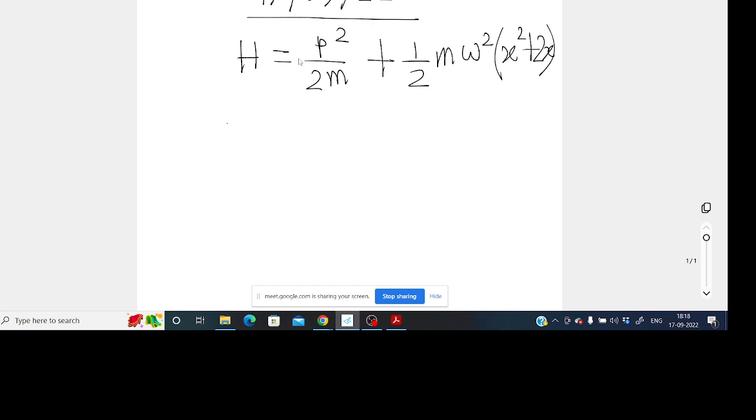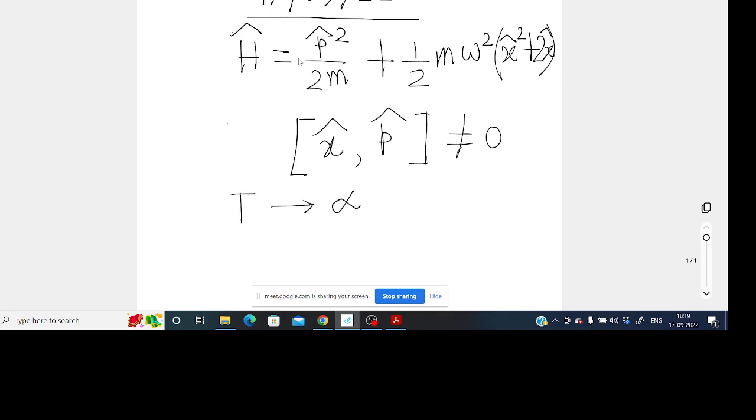But if you consider this Hamiltonian to be quantum, I mean these are operators, not just variables in quantum mechanics. X and p do not commute. In that case, if you calculate the specific heat and go to the T tends to infinity limit,